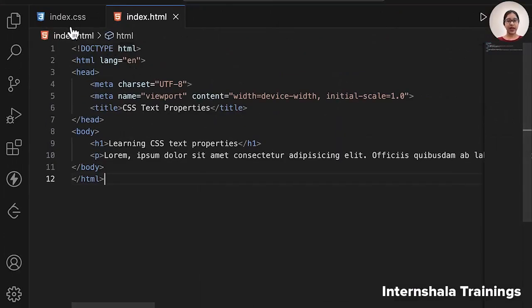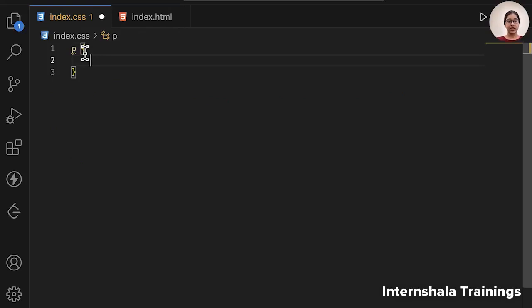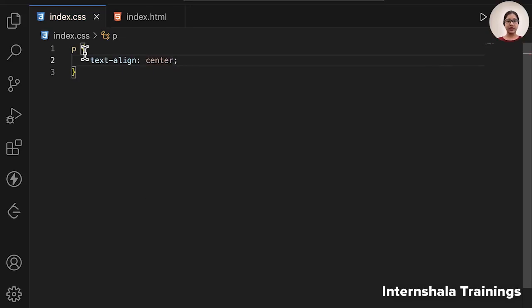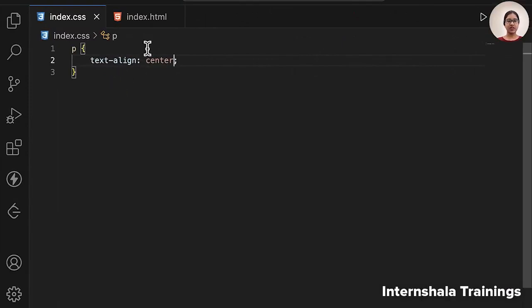So let's apply it in the CSS file. Now which selector will we use? Paragraph, because we want to apply this style on the paragraph element. So here on p, we have this property named text align. And then you see, it gives you suggestions also, like whether you want to center it, and end is equivalent to right hand side and start is equivalent to left hand side. So if I say center like this,